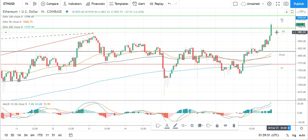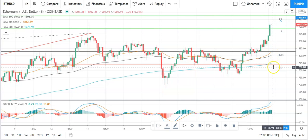Failure to avoid a fall through that first major resistance level will bring the pivot level at 1815 into play. Barring an extended sell-off on the day, however, Ethereum should stay clear of the first major support level, sitting at 1771. Looking at the MACDs, we've got a widening of the bullish histogram supporting this morning's rally and new swing high that's at